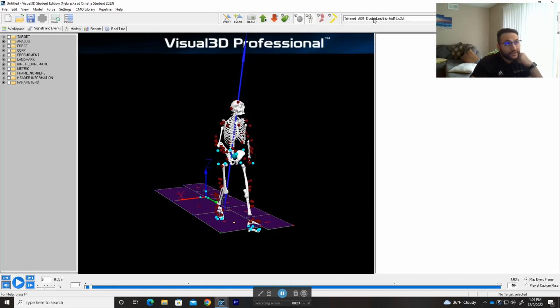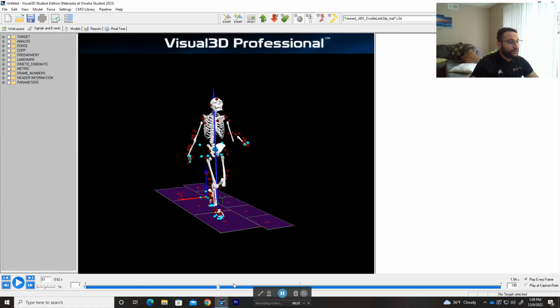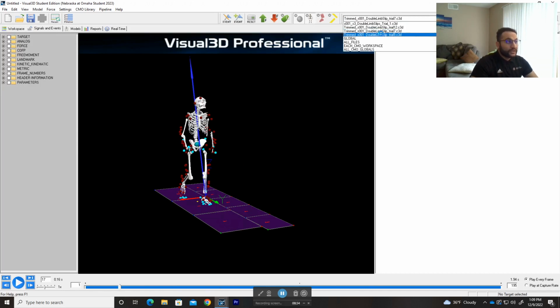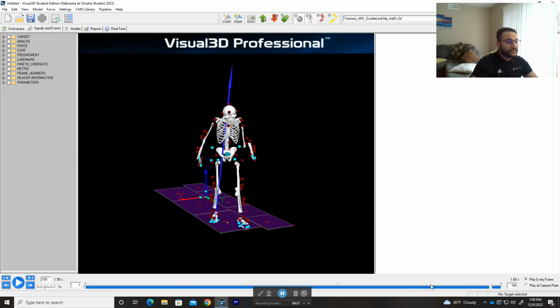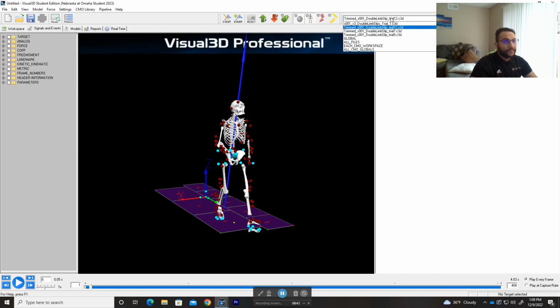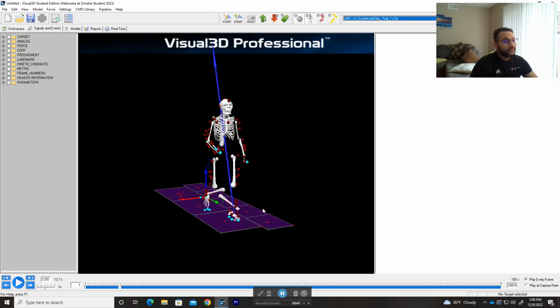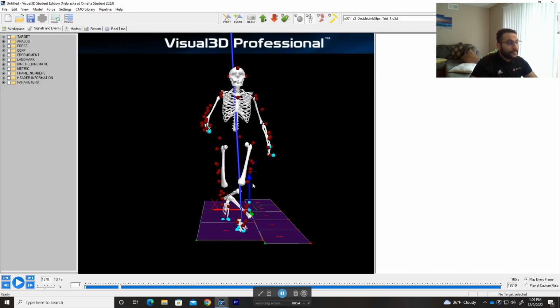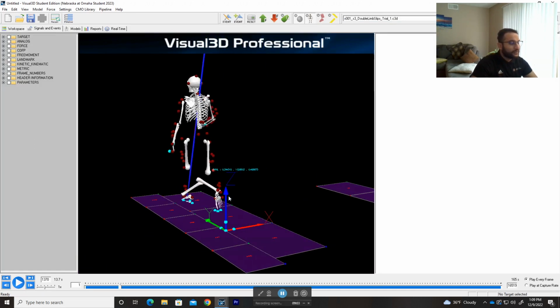Something happened, a mistake was made by whoever was tracking the actual data, and you'll encounter this when you collect your data. So the problem here is that we're not going to use this data; you have to go back and correct it. But here, this is the left knee and this is the right knee, and that's actually correct,